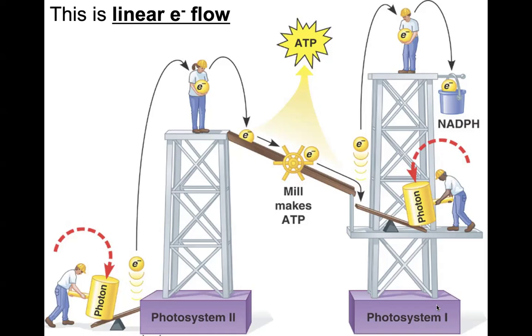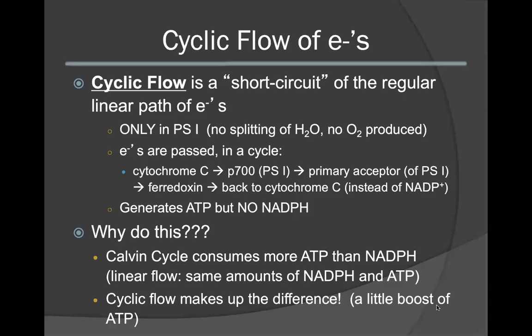However, although this creates ATP and NADPH, it does not create enough ATP to carry out the dark reactions. We will also see that in addition to this linear flow of electrons, there exists a cyclic flow of electrons